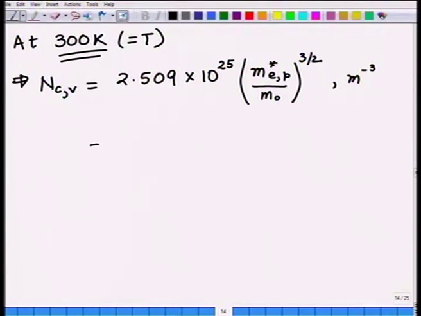Or, therefore, I can write it as 2.509, which is more conventional, is how we write it, 10 to the 19